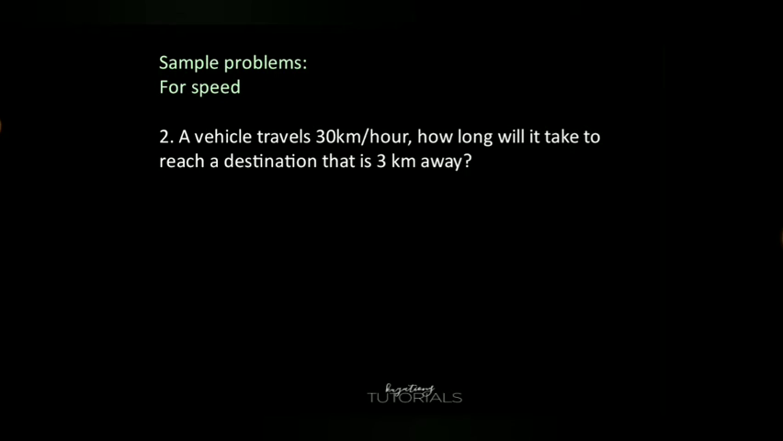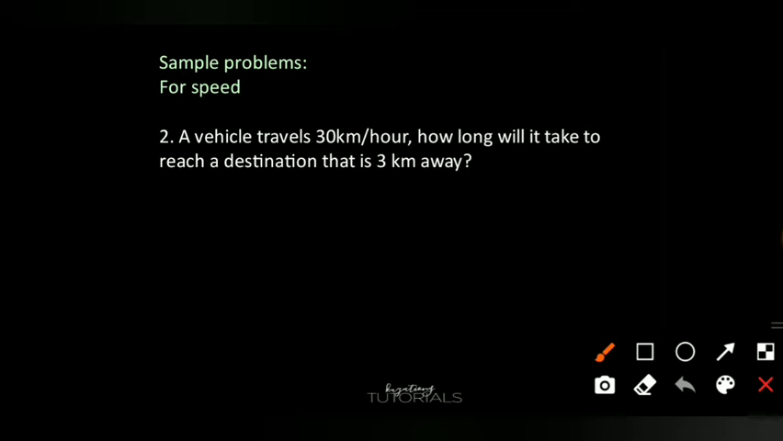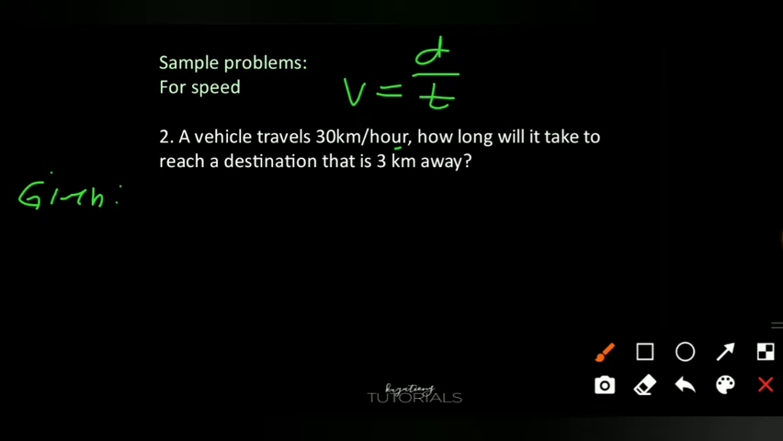So sa second example, same gihapon, we have to remember the formula nga speed is equal to distance over time. Di ba? So next is we have to find the given nga mga data. So given we have 30 kilometers per hour. So kabalo na mo, kilometers per hour na siya. That is speed. Okay, very good. Di ba ang atong unit kay kilometers per hour? So kung distance over time, kilometers per hour, speed na siya. Okay, so ang atong speed is 30